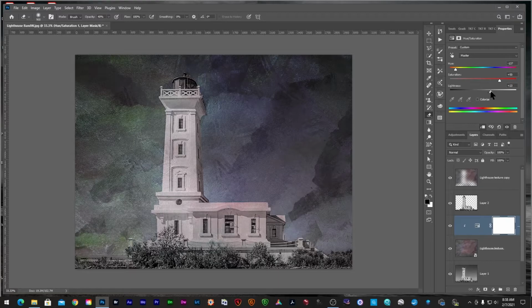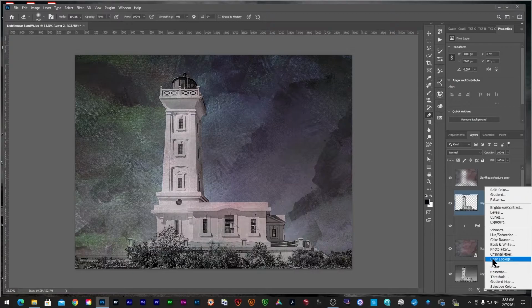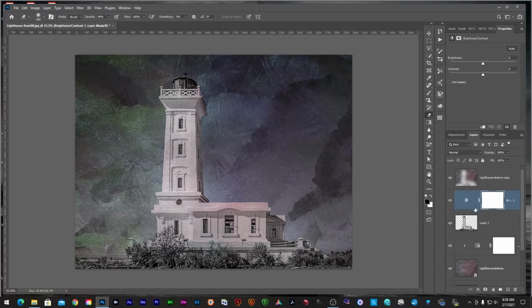Now that I'm comfortable with those settings, I'll go to the layer selected on the transparent background and add brightness and contrast. And I will clip it, Alt click, and adjust contrast and brightness to match the texture underneath. Now that I'm happy with all of the adjustments and textures that I've seen and the layout,